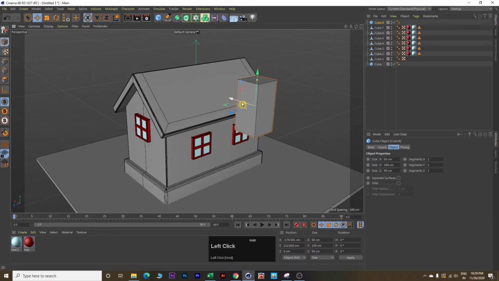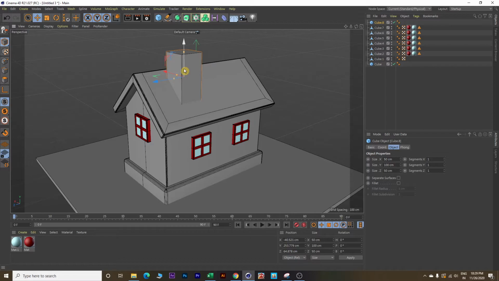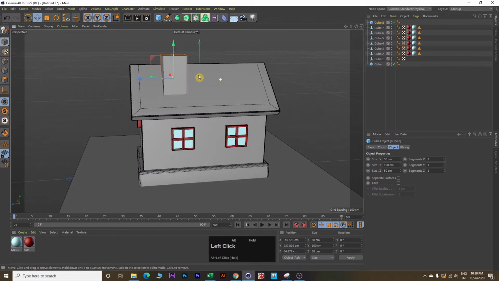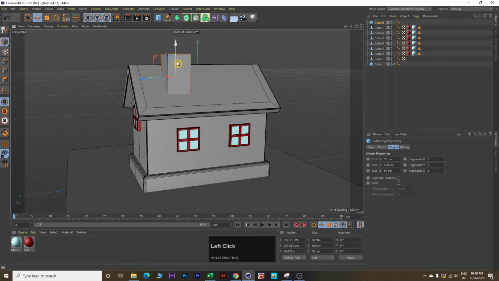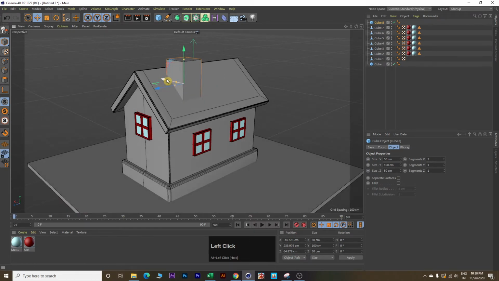Now let's move this chimney to its place over here, like this. Move it little downward. Okay, this looks good. Move it little backward. Okay, this looks good.